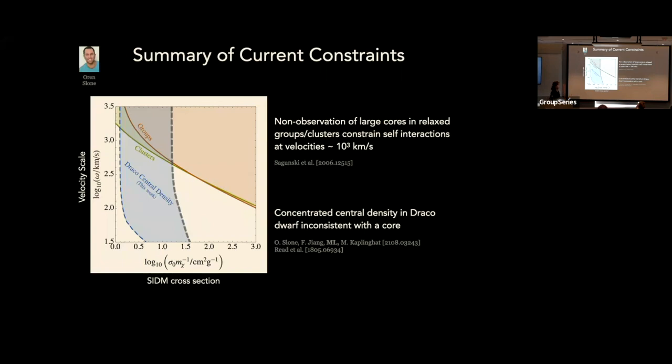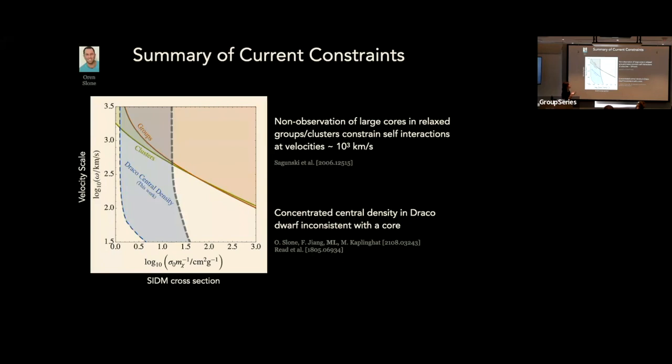So what ends up surviving? The white regions. This white slice down here is essentially a region of very little self-interaction. So this is essentially just cold dark matter. The other region that survives is this one here, where self-interactions are definitely at play. And actually really interesting stuff starts happening up here, which I want to describe in the next couple of slides.